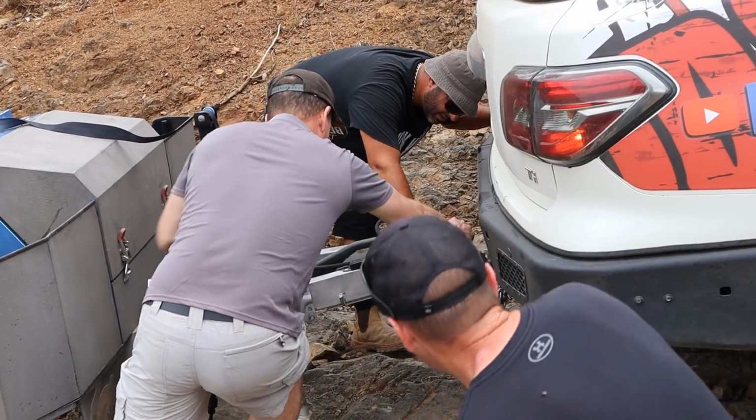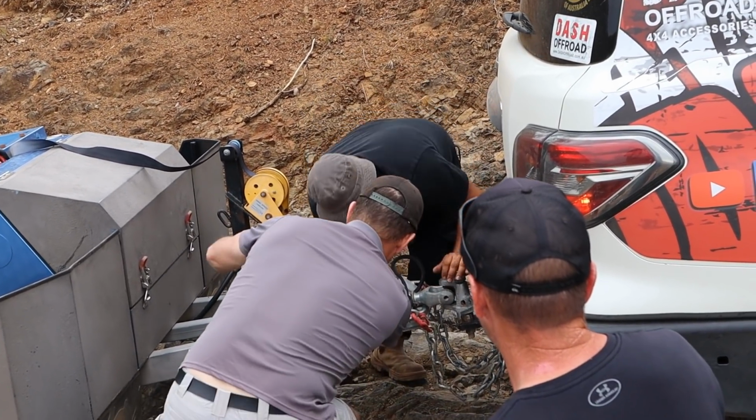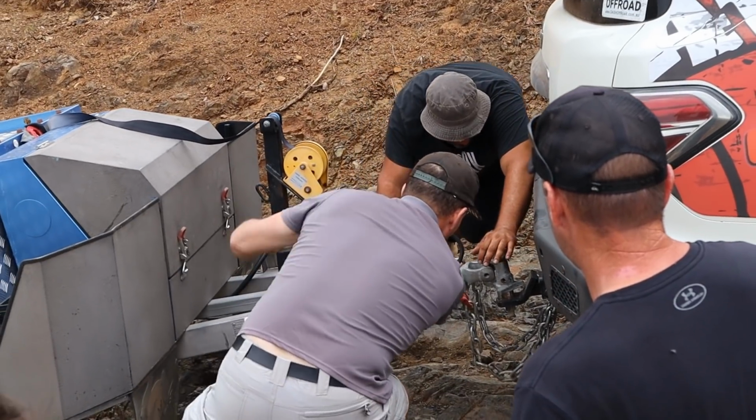There's got to be a pin somewhere. Where's it in that basket? Pins in the basket. No, you need to pull as close as possible. Oh, because the hitch is hooked on the...